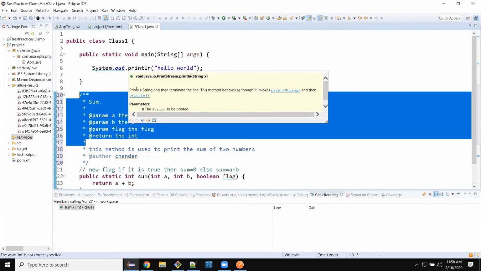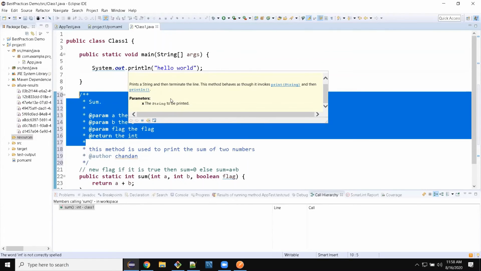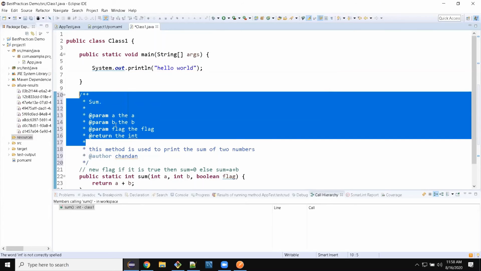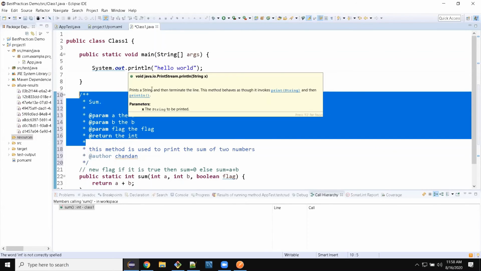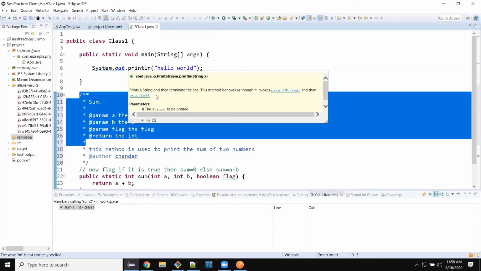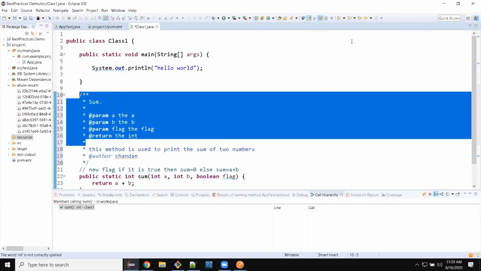It is very important, so all these Javadocs involve such declarations, definitions and comments. So it becomes easy to understand why this method is used, what the use case of this method is, and where I should use this method. So for a new person, it becomes easy to reuse your method rather than creating a new method.